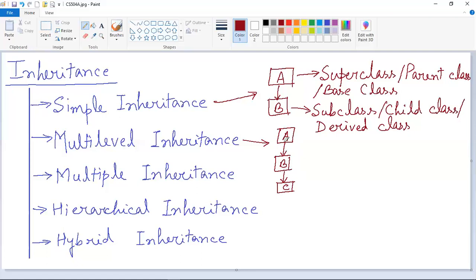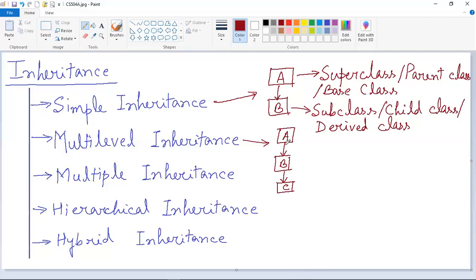So here you can see that more than one level is there. In the simple inheritance, you can see that only one level is there, only one arrow is there. That means only one level of inheritance is there. But in case of multi-level inheritance, you can see that two levels of inheritance are there. This is one level and this is another level, and this chain may go on. So you can create more number of subclasses also.